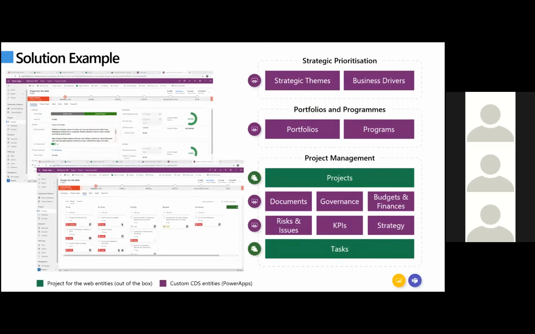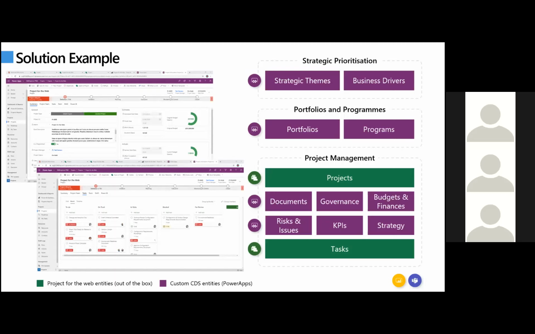To illustrate further what you get with Project Plan 1 as a standalone license versus Plan 3 or 5 alongside Power Apps, have a very quick look at this page. The green elements represent Project Plan 1, which when used by itself enables you to create projects and the tasks within them. It's pretty basic, and that's literally all it does. The purple elements highlight example components or entities that you can add using Power Apps.